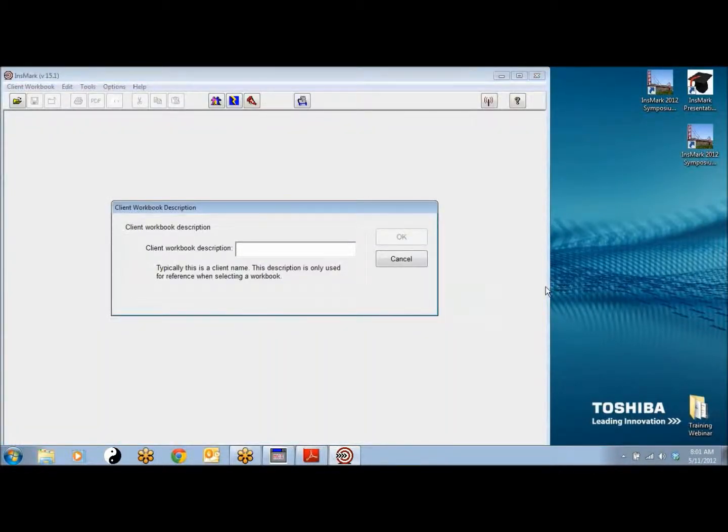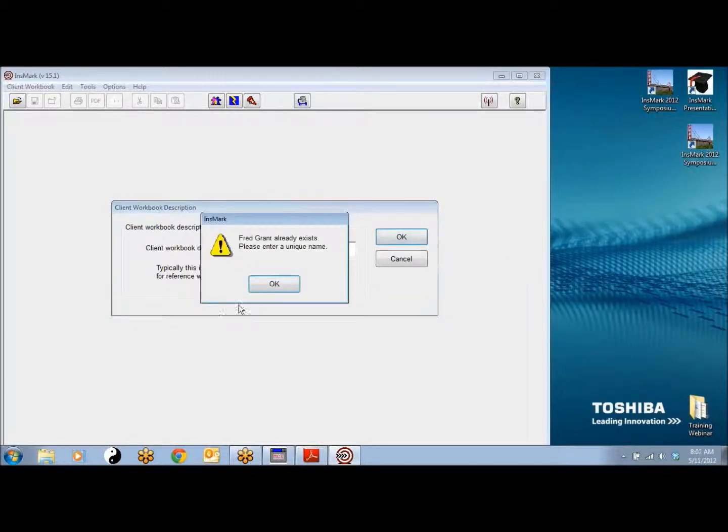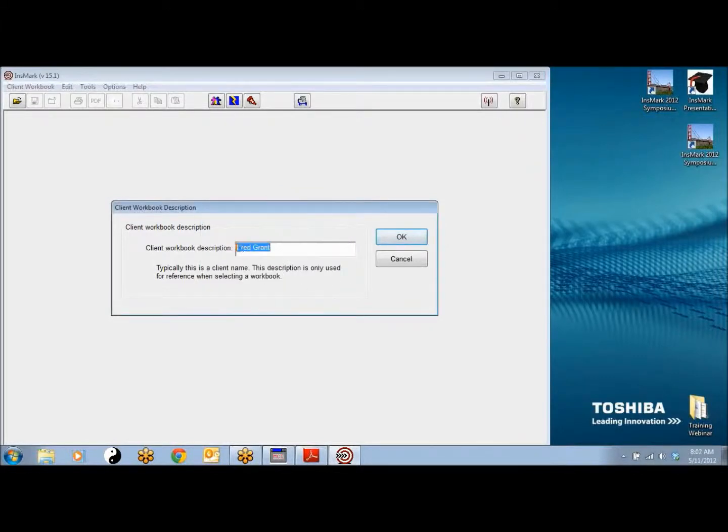And you need to give it a name. This is normally the name of the insured or the client. So I'm going to call him Fred Grant. And then click OK. Oops. I'm going to call him a different name then. How about